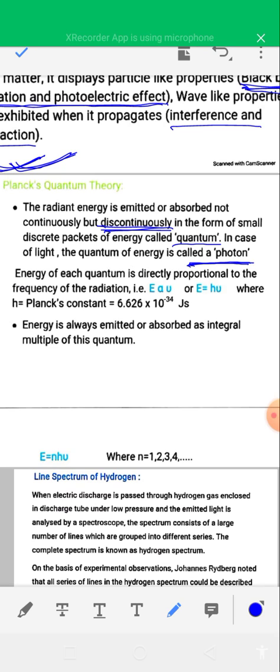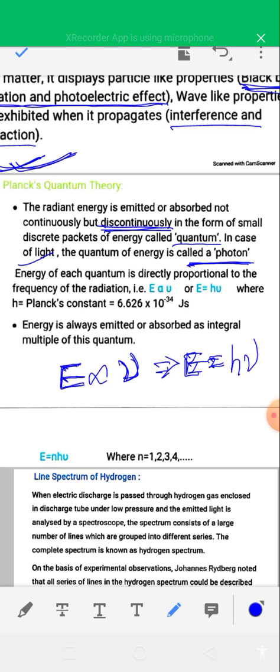Now, according to Planck theory, the energy of each quantum is directly proportional to the frequency of the light source, that is nu. If the frequency of light source is nu, then energy is proportional to nu. Or you can also write E is equal to h nu, where E is the energy of each quantum and h is